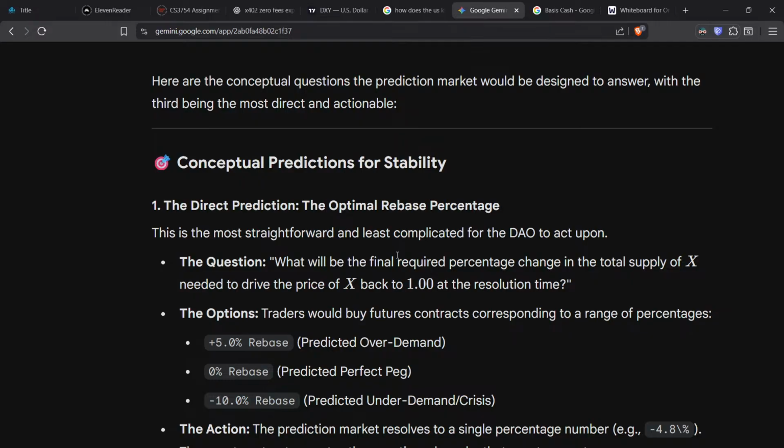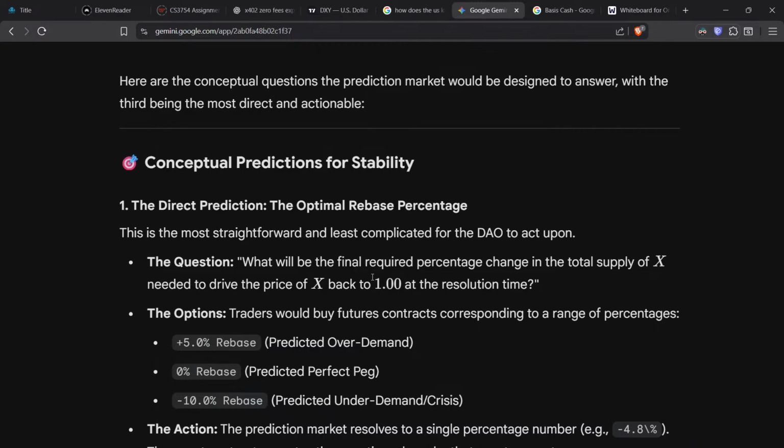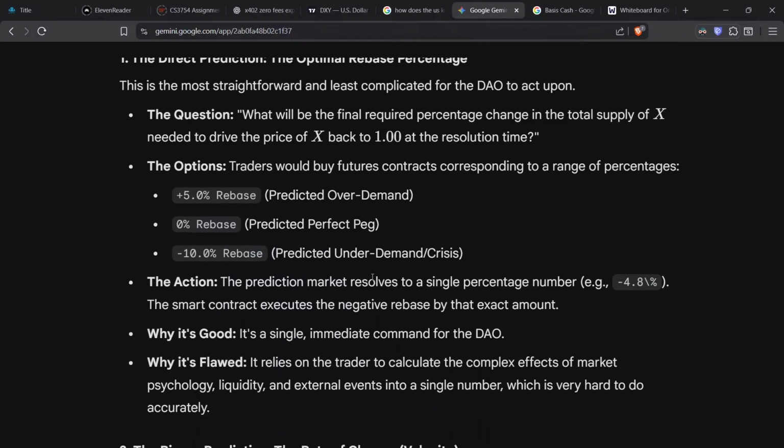What will the final required percentage change in total supply of X be, needed to drive the price of X back to 1 at that resolution time? This is not a flaw. This is what prediction markets are good at. Okay, so